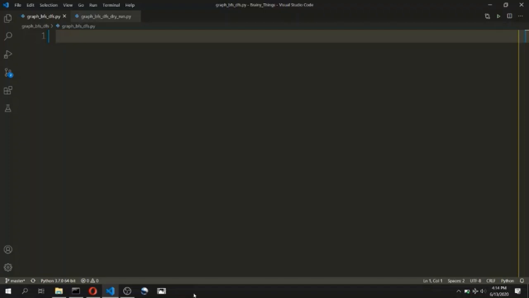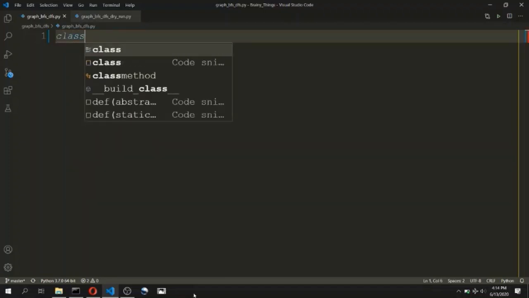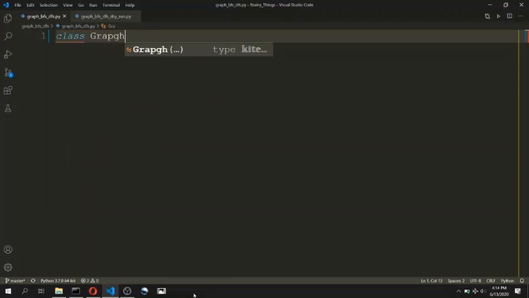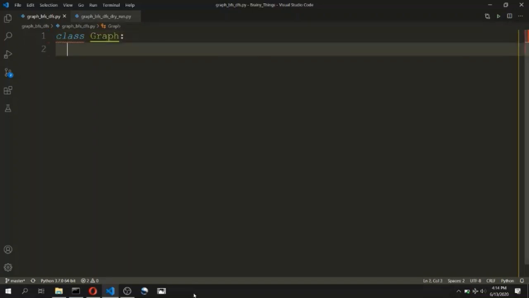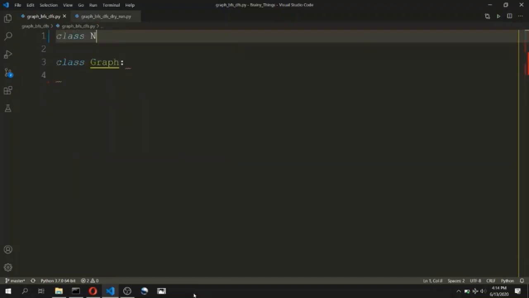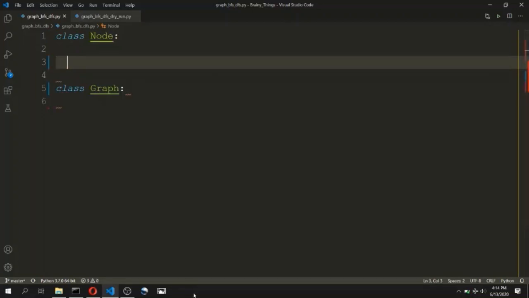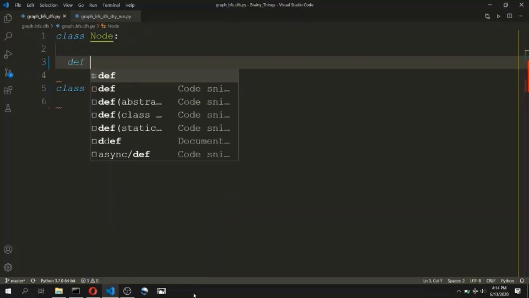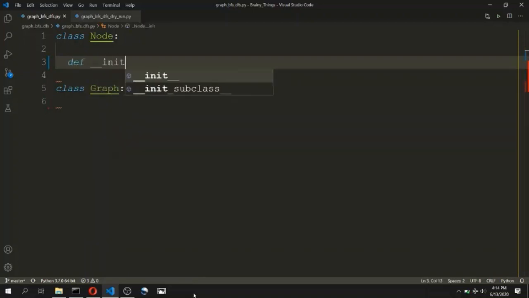Let's start by defining a class for the graph data structure. But to populate this graph with nodes, we need to define a node class as well. We will define the constructor of the node class by defining the init function.